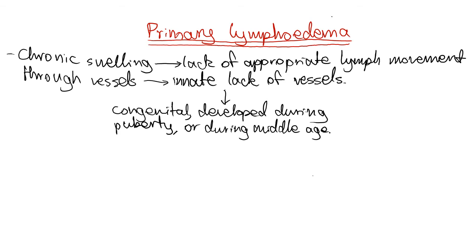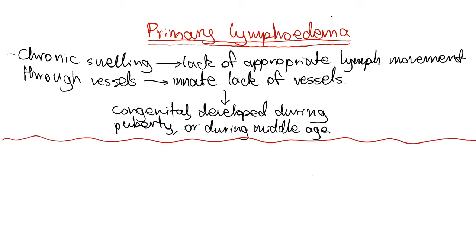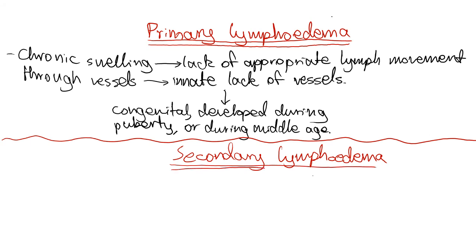Now, the second condition that we're going to be talking about is, you probably didn't guess this, but secondary lymphedema. Now, secondary lymphedema, and I do apologize for the title being a little bit towards the side, is caused when there is a blockage of lymph vessels, which causes the fluid to build up. So once again, we have chronic swelling,